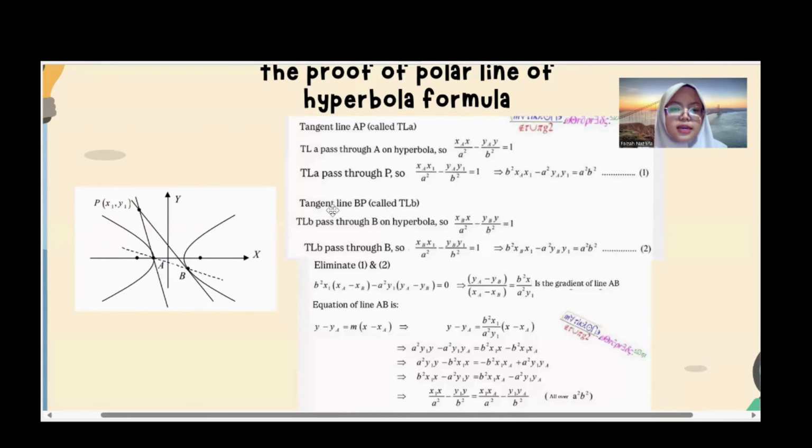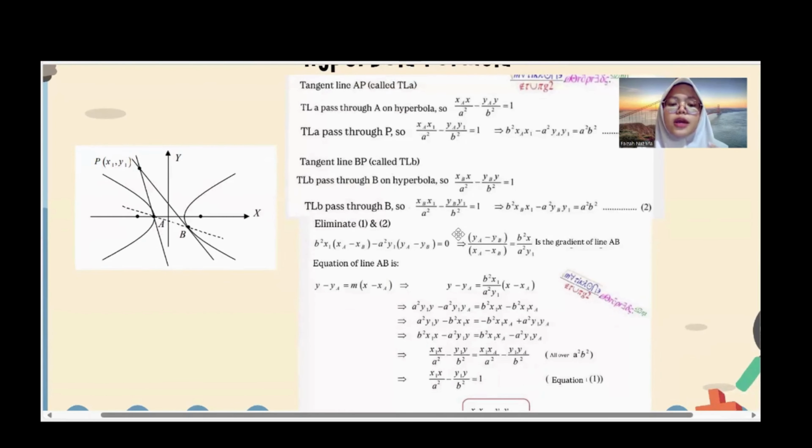We do the same thing for tangent line BP. We call it TLB. Since it passes through B on the hyperbola, the equation will be like this. And since TLB also passes through point P, the equation will be like this, and we change it into the same form as the first equation. Then we eliminate between the first equation and the second equation,